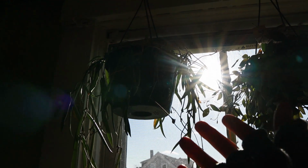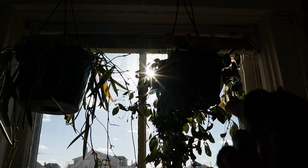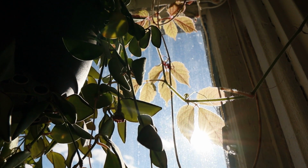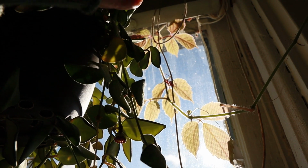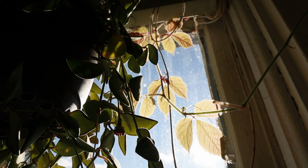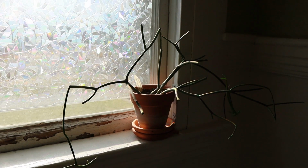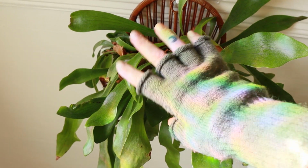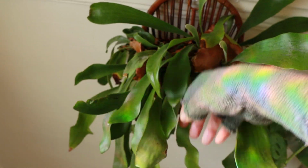That one is a Shepherdii, and this one is a Bilibata. You can see a little bit of my Cissus adenopoda, which has wormed its way all up into the top of my sketchy windows, so there it is. A little pencil cactus over here on the window. A couple of staghorn ferns that could definitely use a mounting at some point,